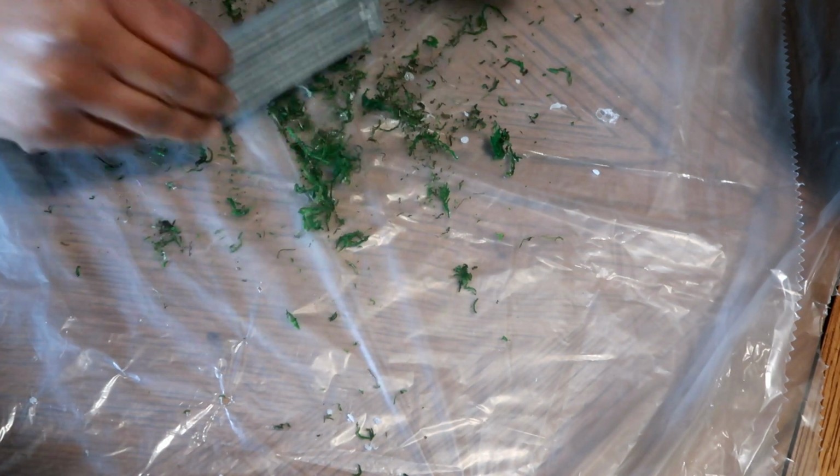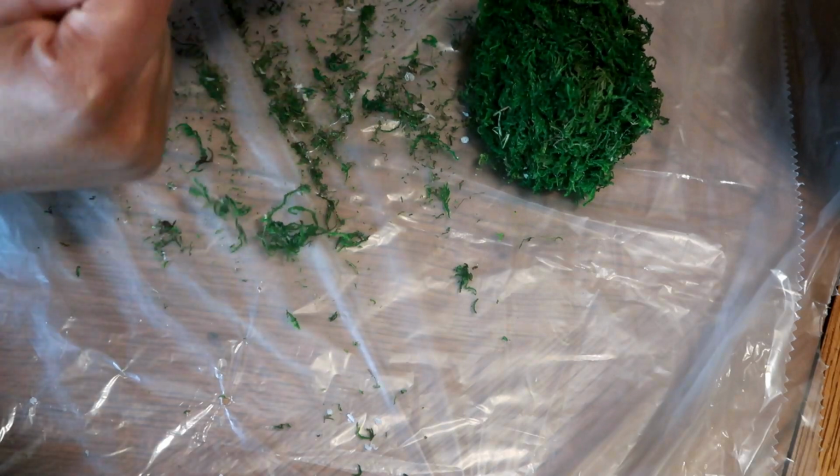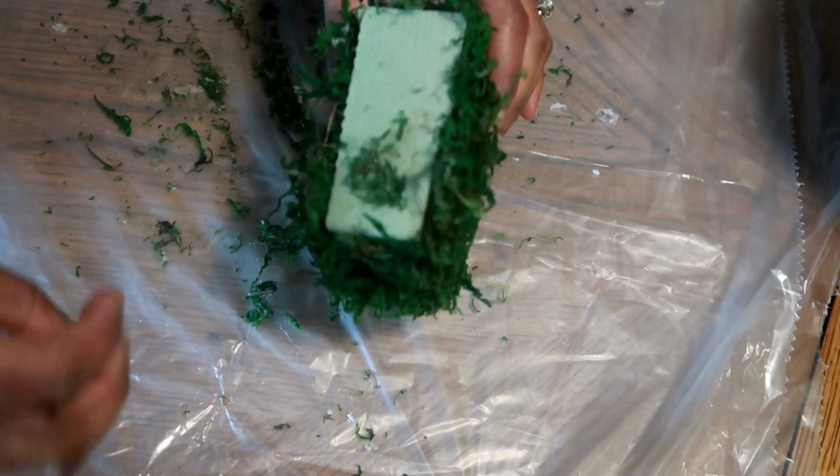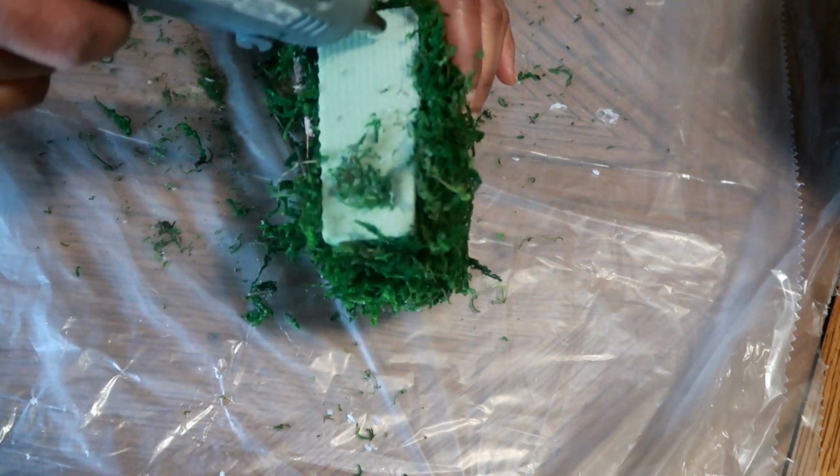The spray paint is dry. I'm now going to attach my plant onto my plant holder. I initially only used the hot glue. I glued the bottom of the flower foam to the holder, but then I noticed that it didn't stay as